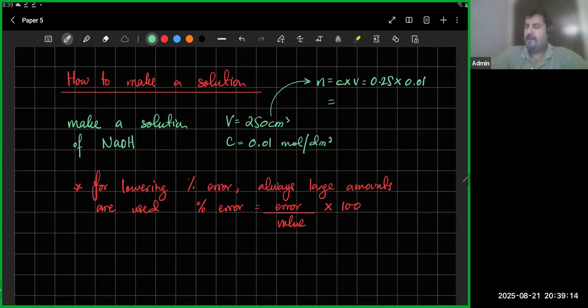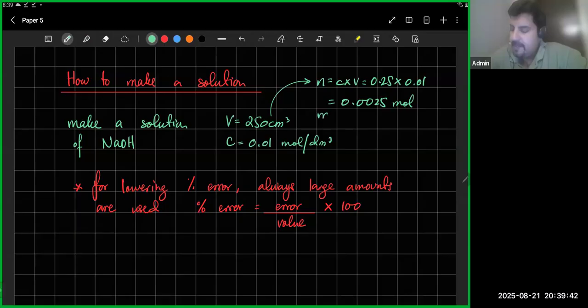If I do this on my calculator, 0.25 times 0.01, that gives me 0.0025